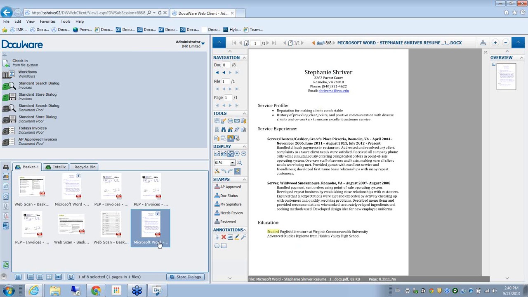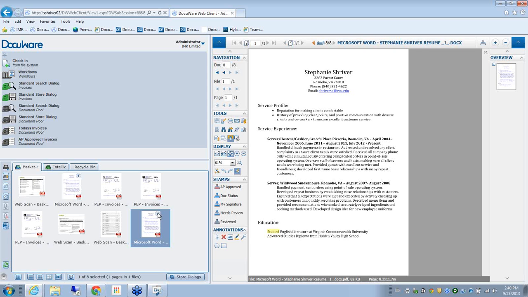And there it is. Now, again, you'll notice from the icon, it has been converted to a PDF. Also, notice this little information icon. And this says there's no matching configuration found, so the document has been stored here. But what it doesn't say is, if I click on that, I can use it